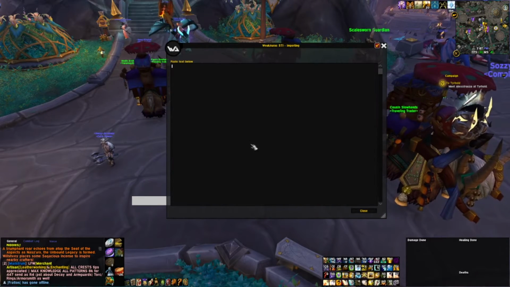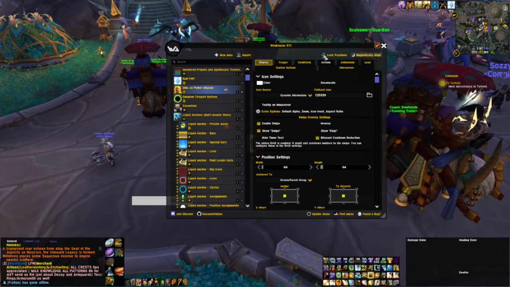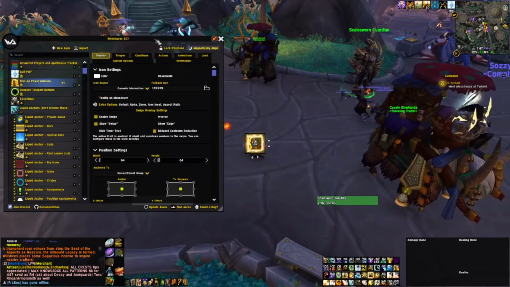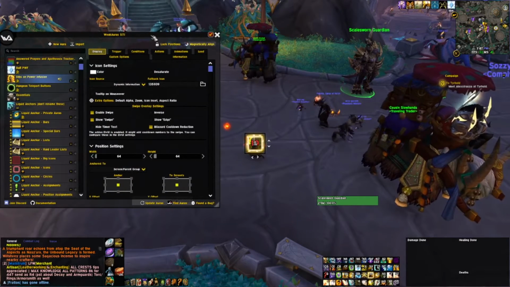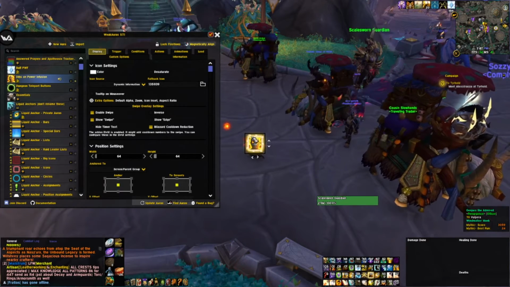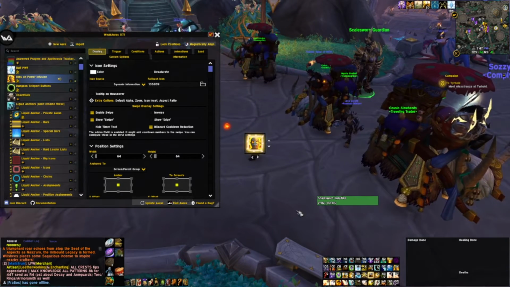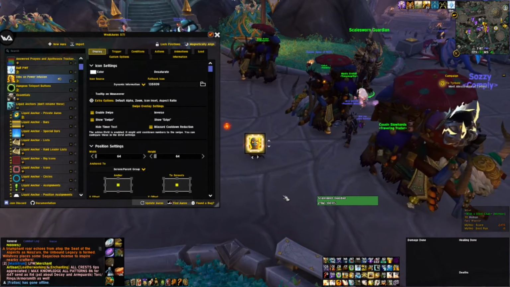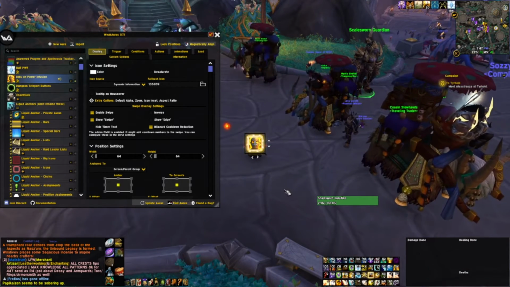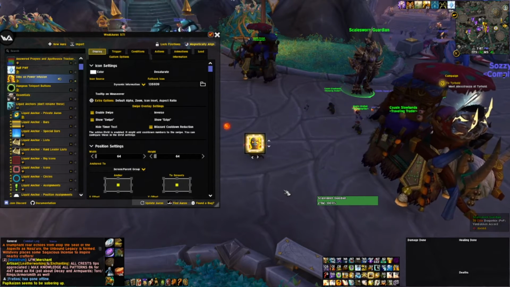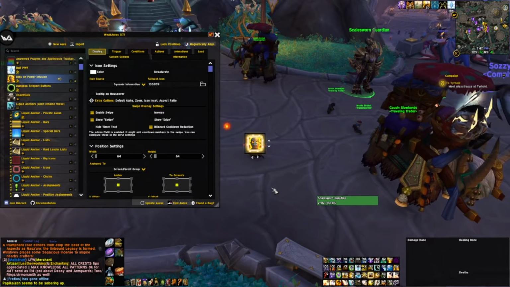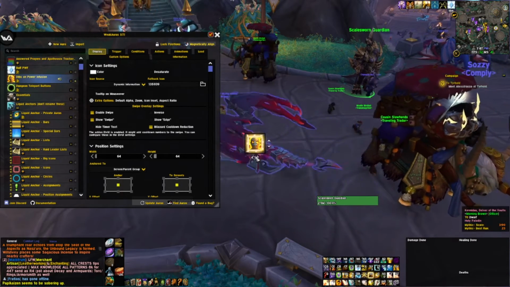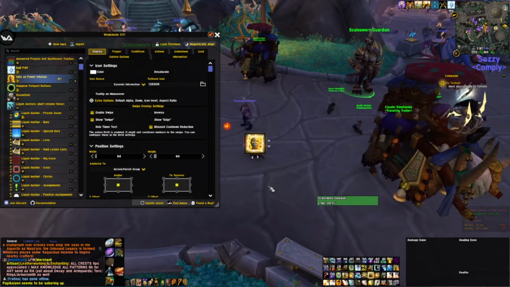Dibs on Power Infusion. This one's a very nice one: anytime somebody in your party uses an ability that's good with PI, a big cooldown or something like that, it will say Empowered, and it'll pop this up on your screen, and it will also highlight their name yellow with a border. Now, that's only in dungeons and stuff. If you're in raid, that would be crazy if it did that for every single person, so it does not do that. But if you have that person targeted and set as your focus, then it will enable that functionality